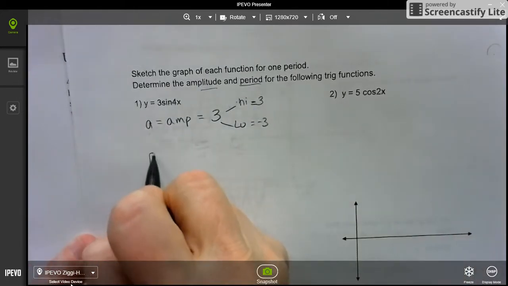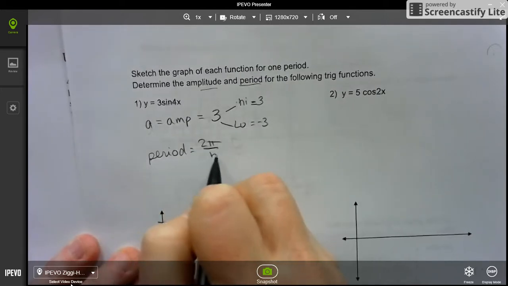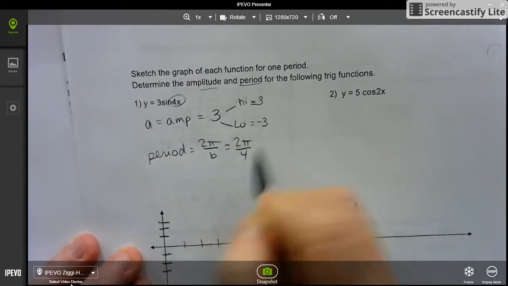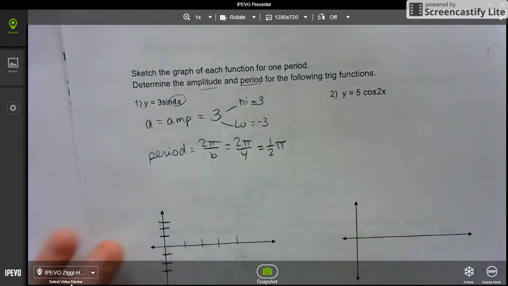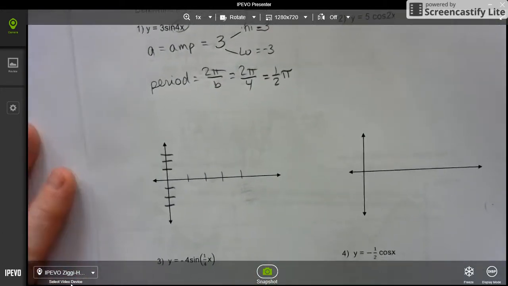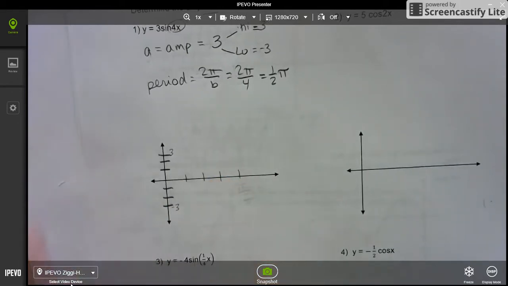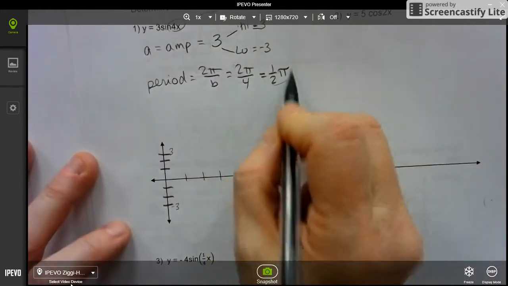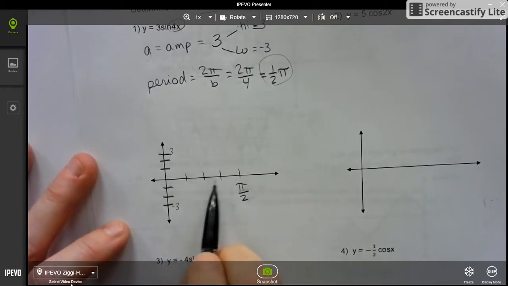Your period is equal to 2 pi over b. b in this instance is 4, not 4x, but 4. And we want to simplify that. It's going to give me 1/2 pi. I've already set my graph up. I know that my high and my low have to go up 3 and -3, so I want to make sure my scale is reflecting that. And my final period here is what I always mark at the end of the fourth line, 1, 2, 3,